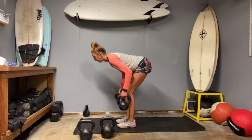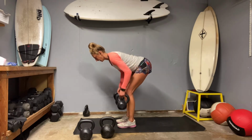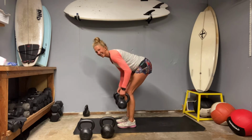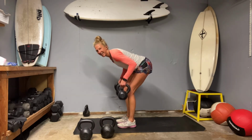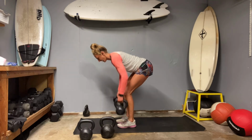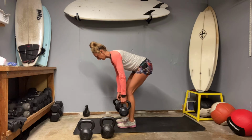6, squeeze those shoulder blades together. 7, come on, it's heavy for sure. Fight it. Get into it. 18, 19,